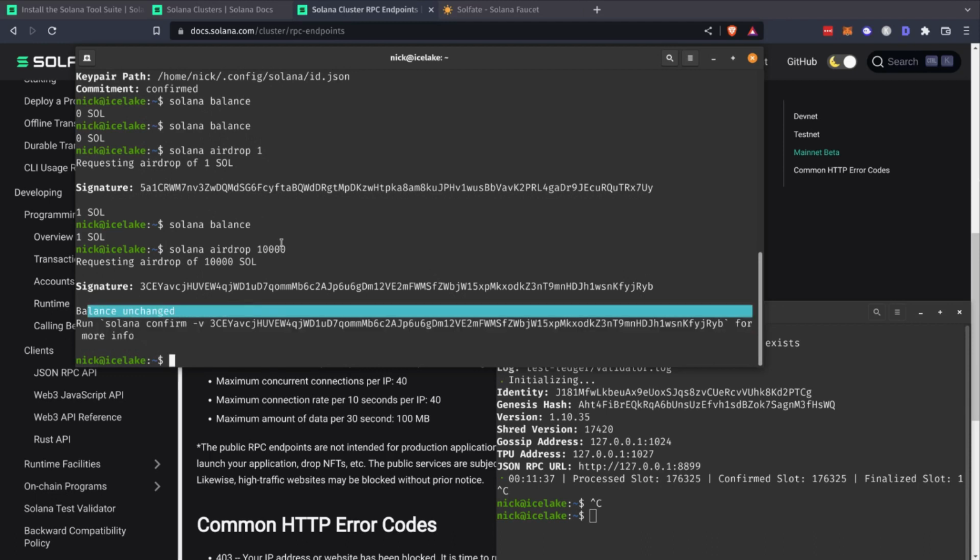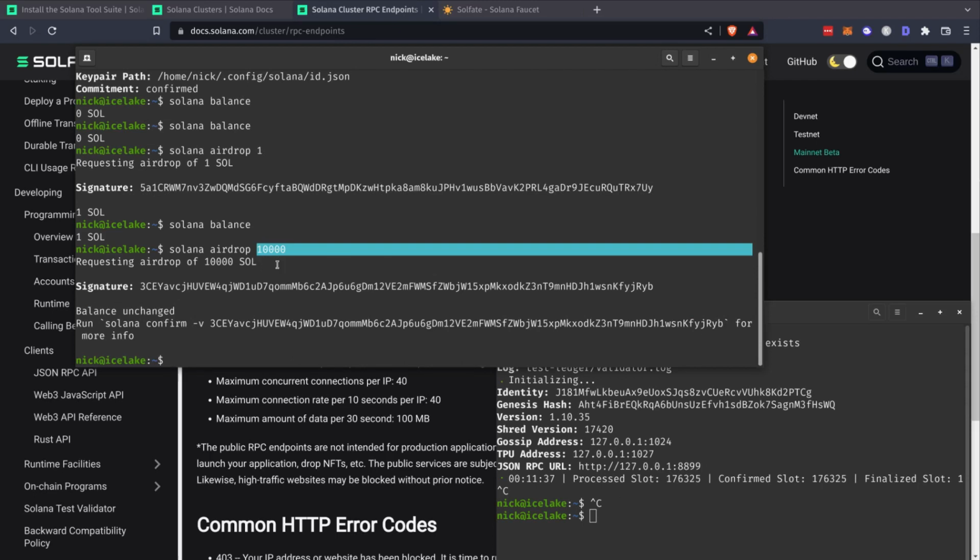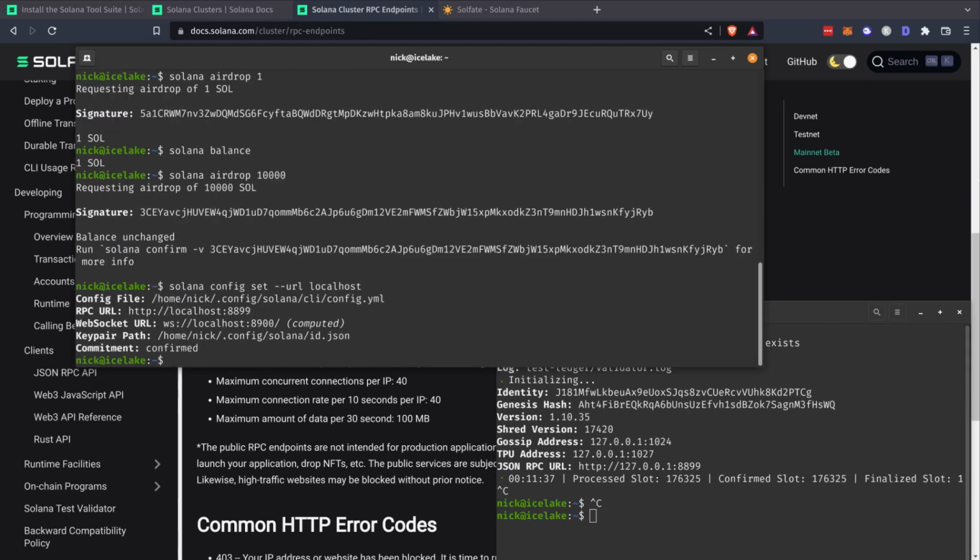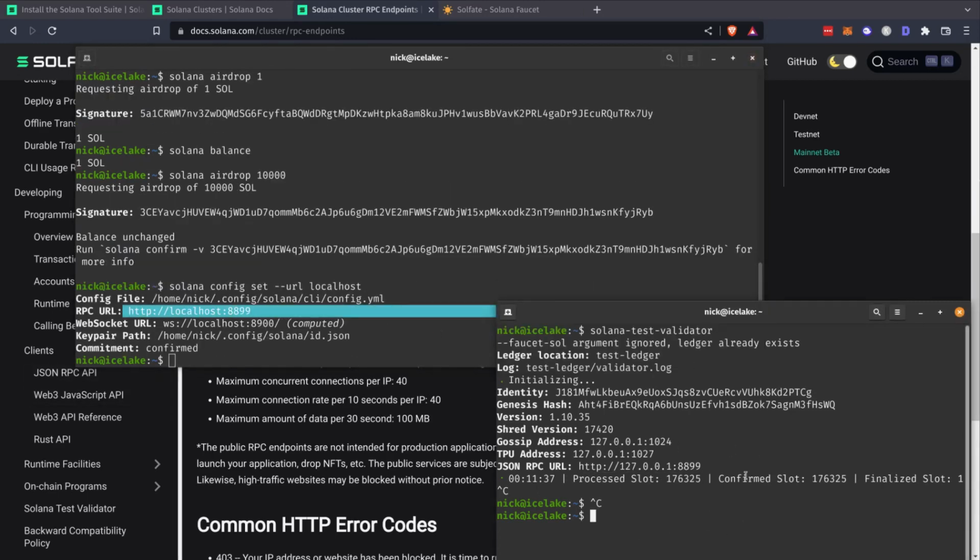We have a balance unchanged because I requested an airdrop of too high of a value, and that's kind of like a rate limit almost that's baked into these different testing clusters. So I'll go ahead and select back to my local host. And now I'm back on my localhost cluster, and you can see right here in this window, my localhost is